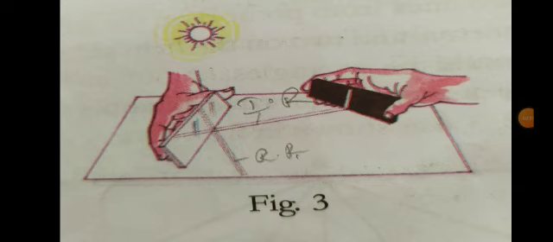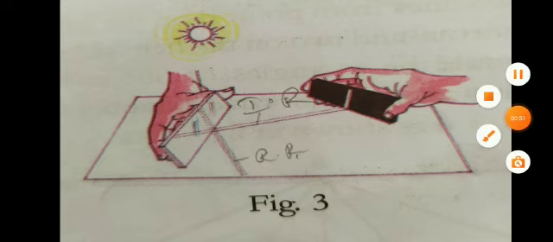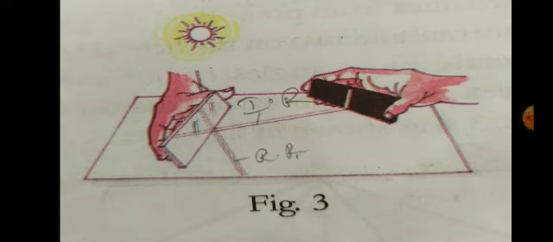Children, to do this activity, let us take and place a blank sheet of paper on the ground such that part of it is in the sunlight and the other part of it is in the shadow. Now hold the mirror strip that you made in the last session. Now place this mirror strip